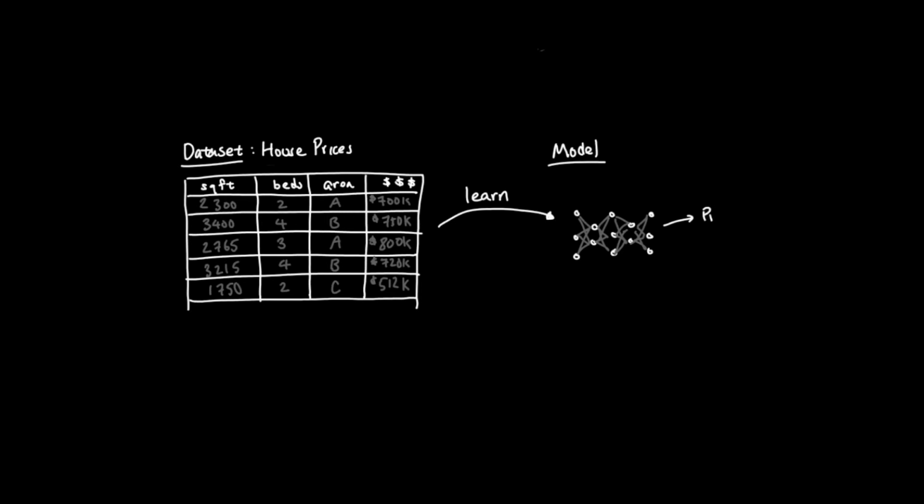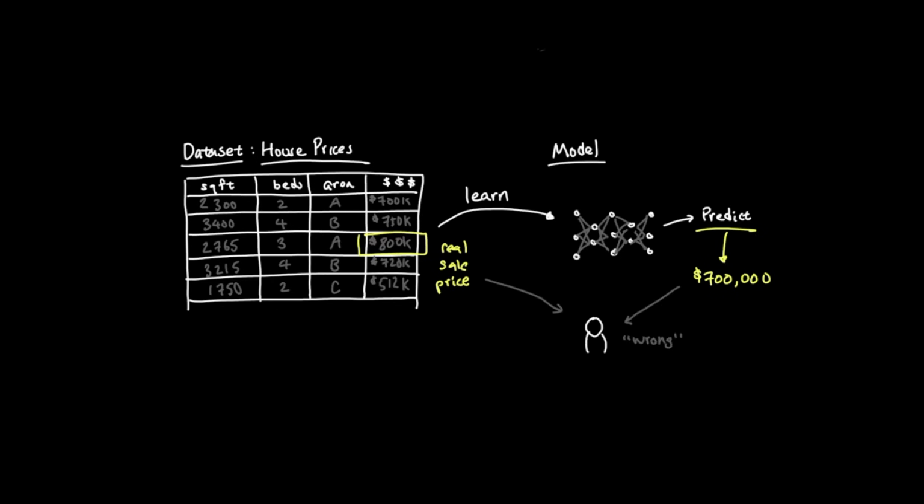At this point, we know that a model makes predictions using parameters, and training is a process where those parameters are adjusted. But there's still a problem. How does the model know if the parameters are any good? Continuing with our house price example, imagine the model predicts that a home will sell for $700,000, but the real sale price was $800,000. As humans, we can immediately tell the model was wrong, but the model needs something more precise than just wrong. It needs a number that tells how bad the prediction actually was.